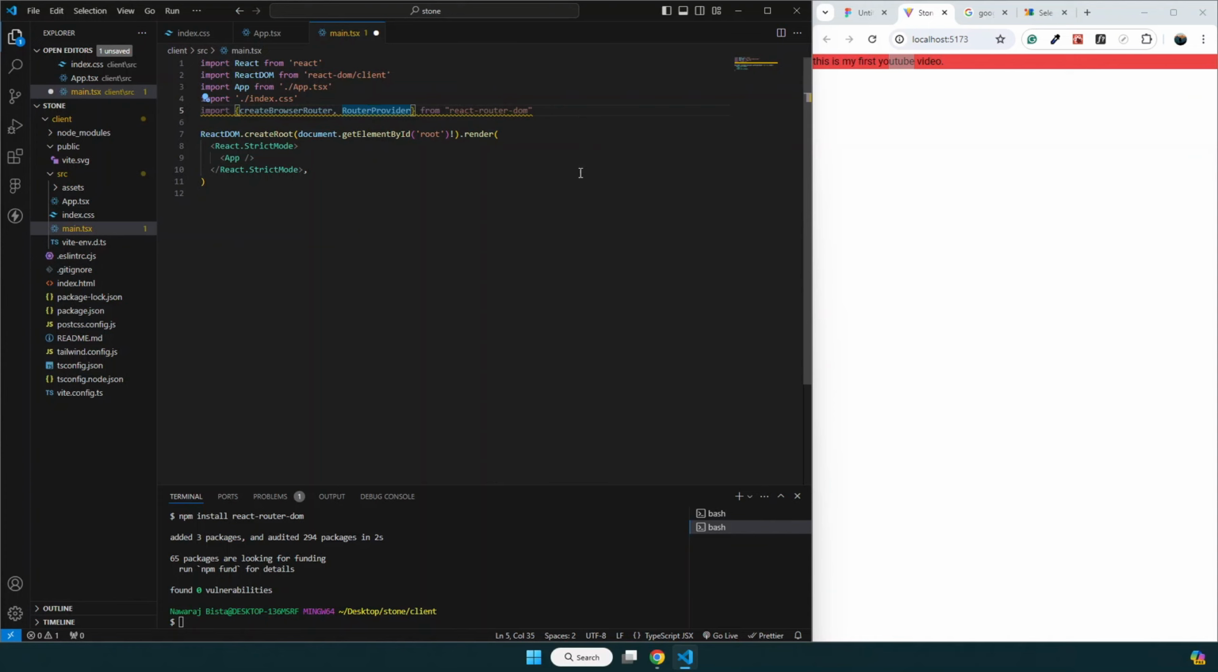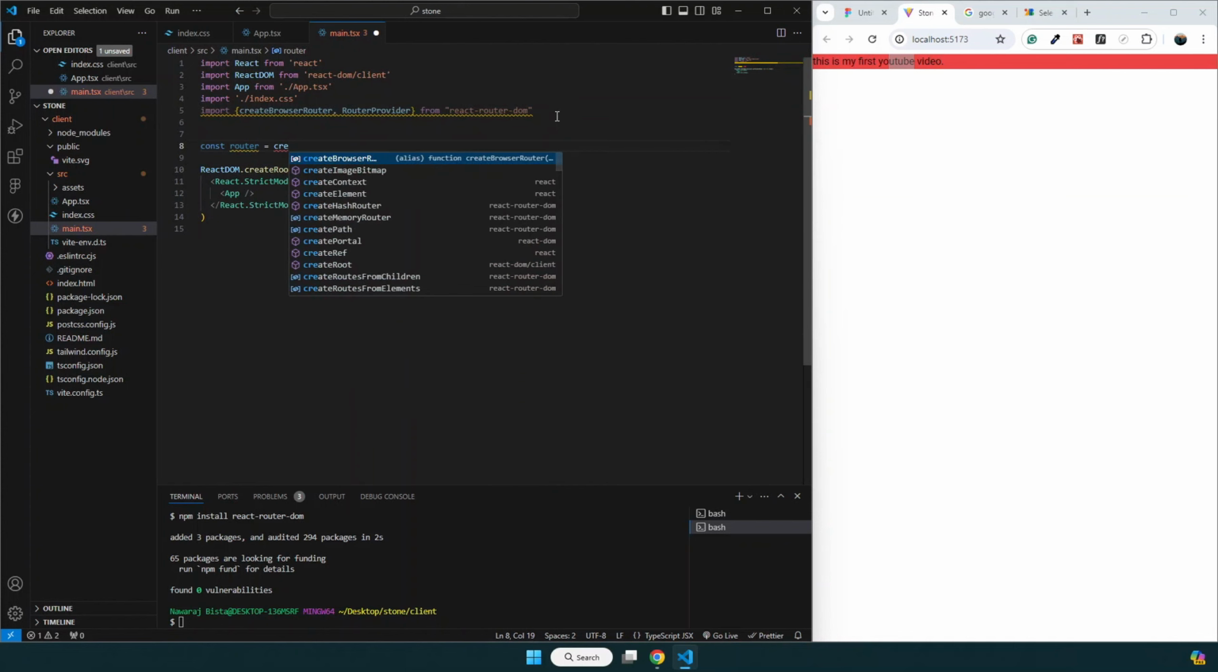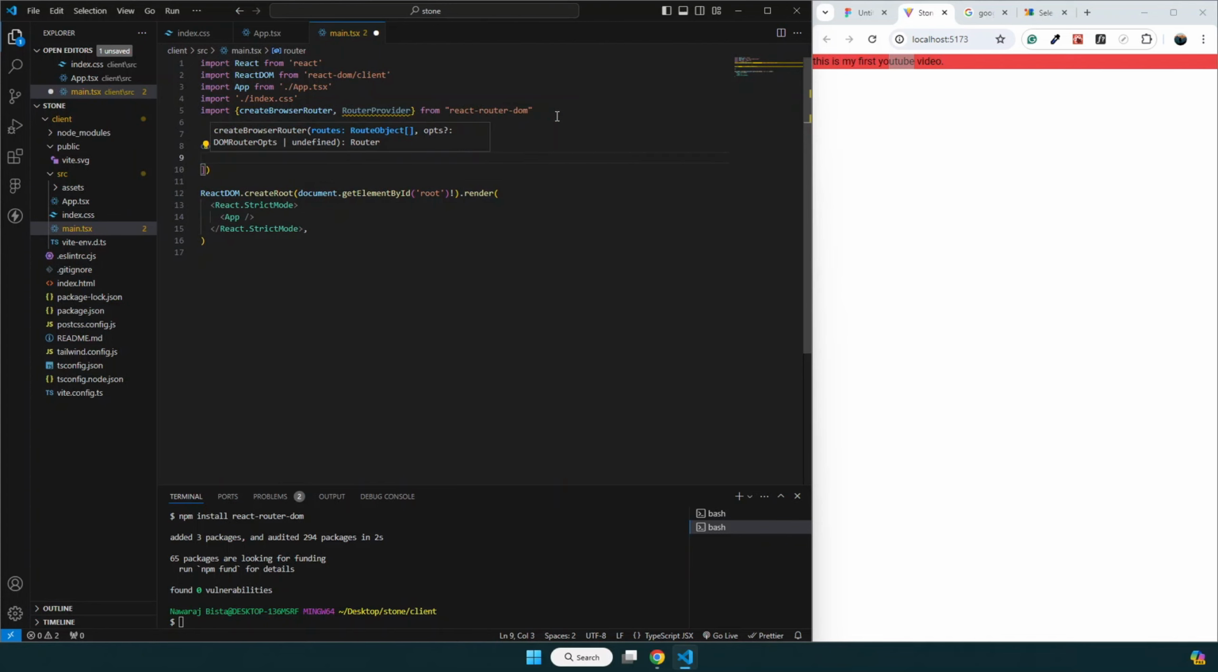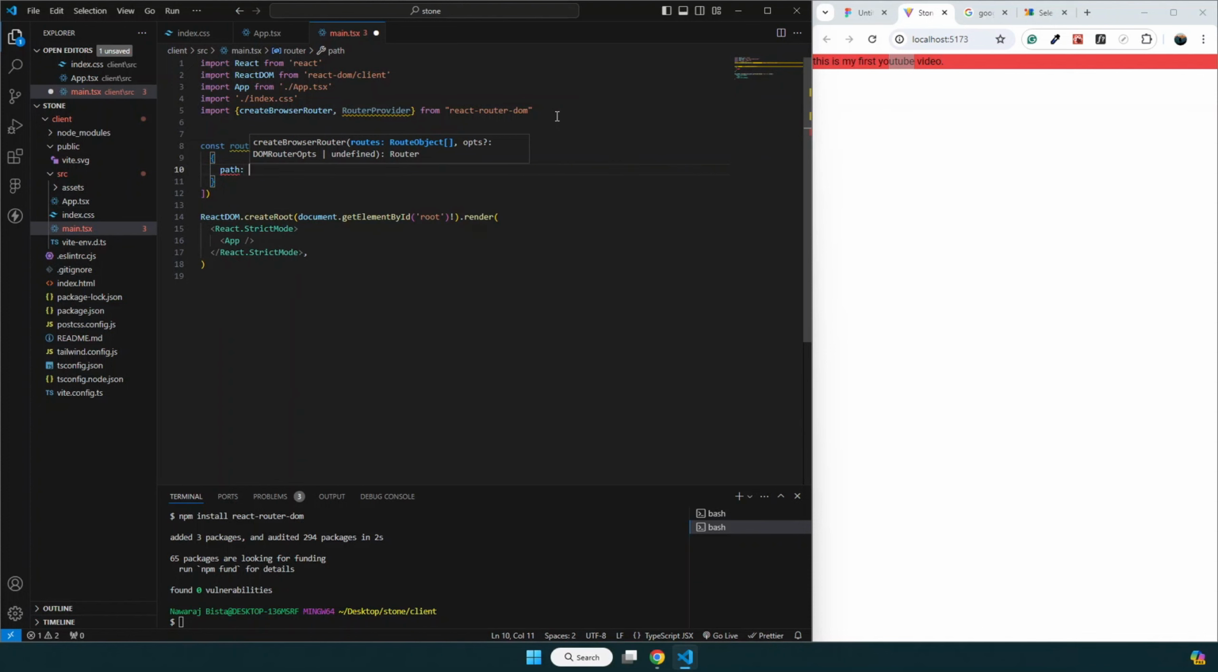Okay, saying that, after that I think we have to create a router variable, and what it does is, I think we have to say createBrowserRouter and pass an array, I think an array of objects. Okay, array of objects, and these objects will have a path on it. The first path will be our default path, this one,